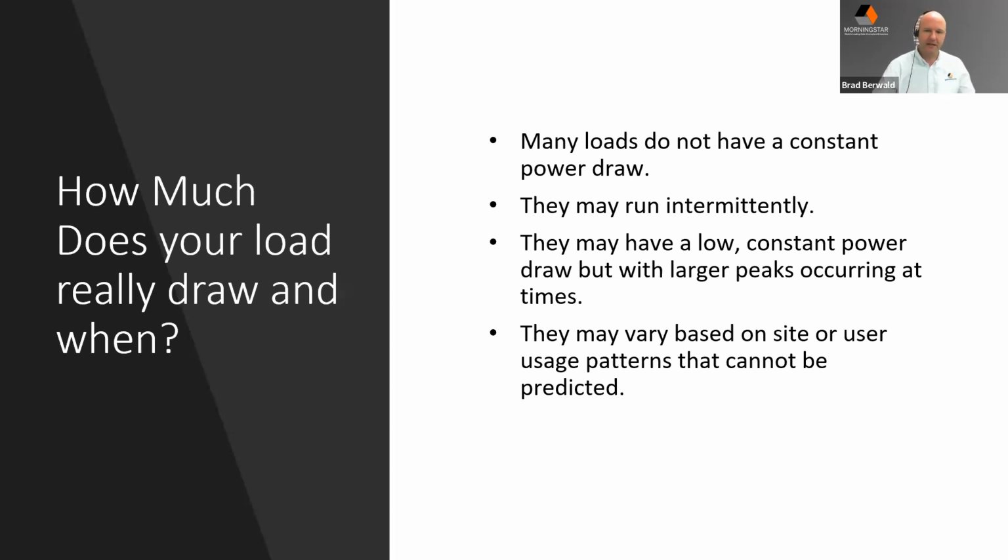So some of the things to take into account with loads are that a lot of them do not draw the same power over time. They may cycle on and off. They may vary in how much they draw. They may have an intermittent cycle. Obviously solar lighting is based on a schedule. We see a lot of equipment that runs on an industrial process schedule that requires, say, a pump to run, or other types of equipment that comes and goes.